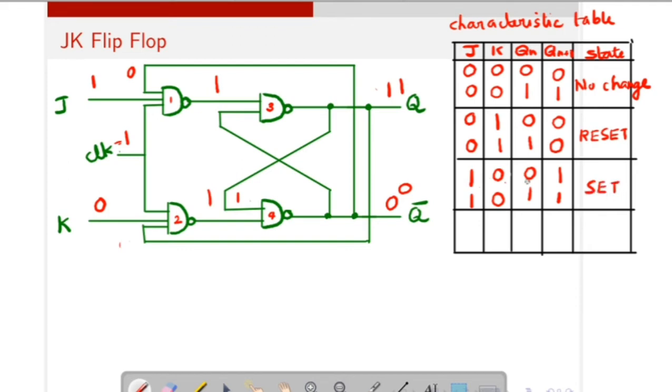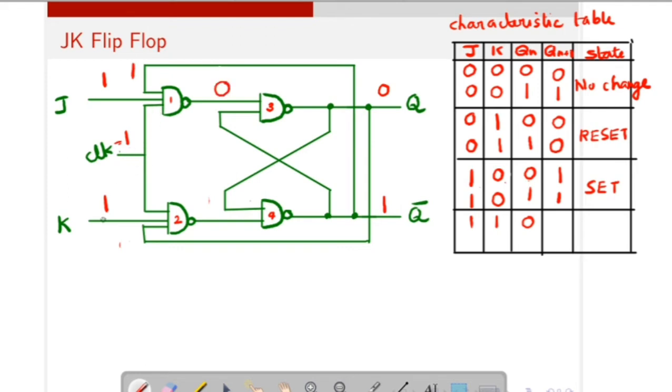That means whatever may be the present state, next state is always 1 in the case of J is equal to 1 and K is equal to 0. Next we take both inputs are 1. Okay, when both inputs are 1 means J is equal to 1 and K is equal to 1. So here J is equal to 1 and K is equal to 1. So for the first NAND gate, two inputs are 1. Consider the third input. So the present state is 1 and present state bar is 0. So third input is also 1. All the inputs are 1, then output is equal to 0 for the first NAND gate.